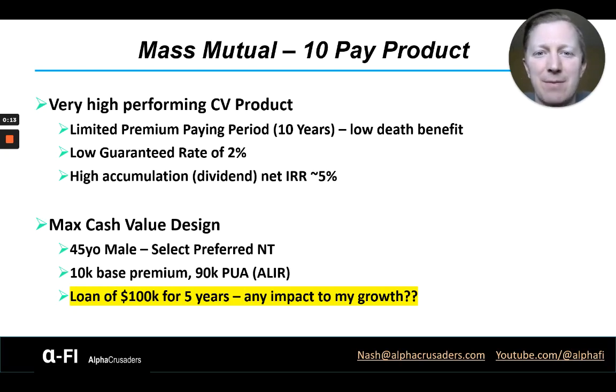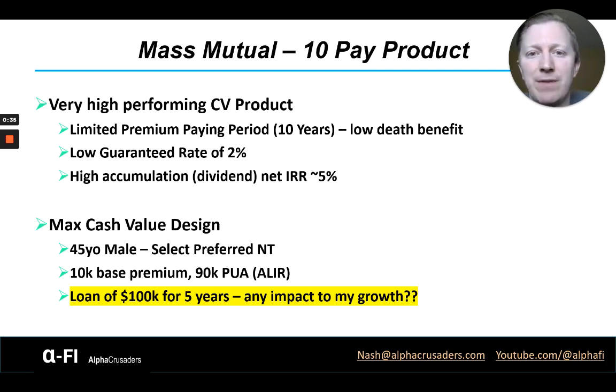We're going to dive into the Mass Mutual 10-pay product in a little more detail than the last video. We'll talk about the 10-pay and how, when you take a loan, it does not impact the growth of your policy. That's because you can actually select whether you want a variable policy loan interest rate or a fixed